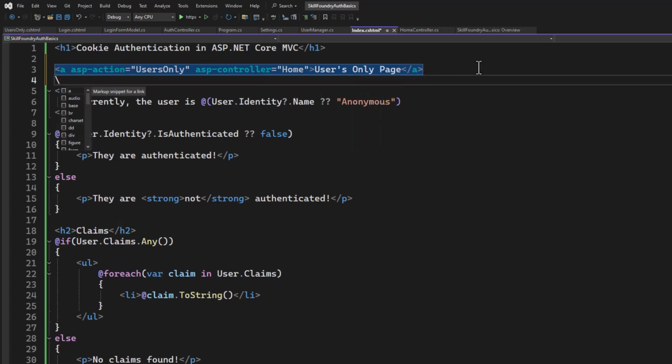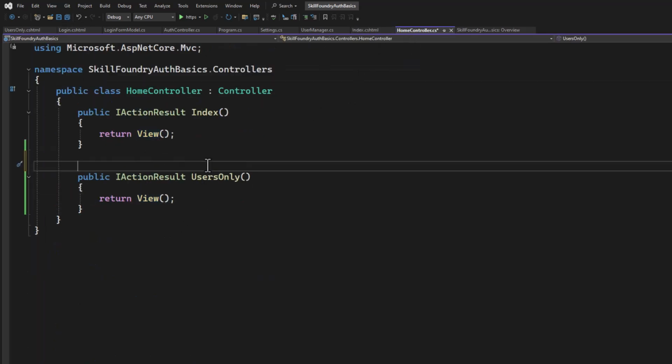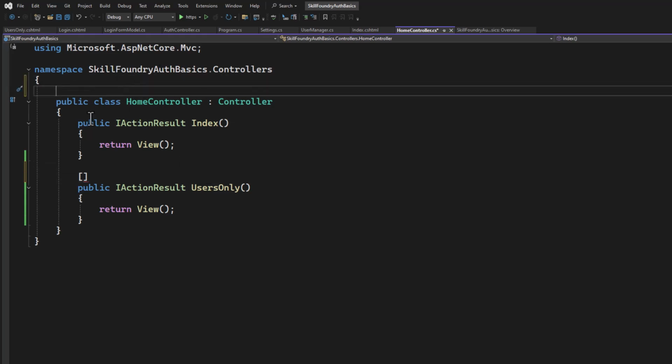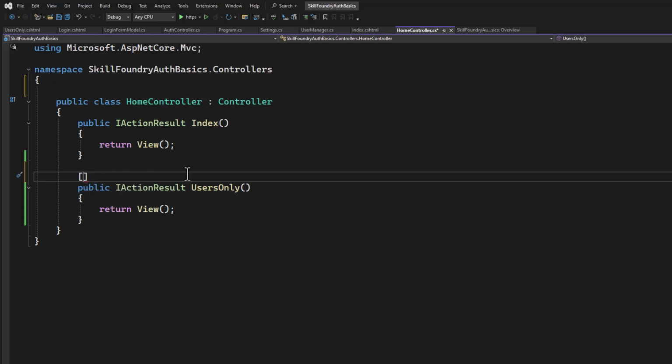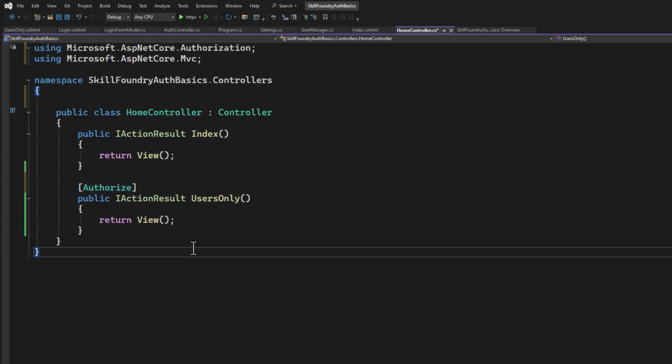Now, if I want to secure this in my controller, I can use an attribute. So attributes go above your controller method names. These attributes can also be put up on the controller class. So I can also put it up here, and I'll explain the difference in just a moment. But you're going to be shocked at how easy this is. The attribute is named Authorize. And as soon as I put this on this route,